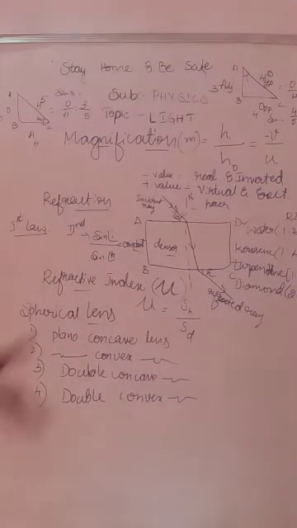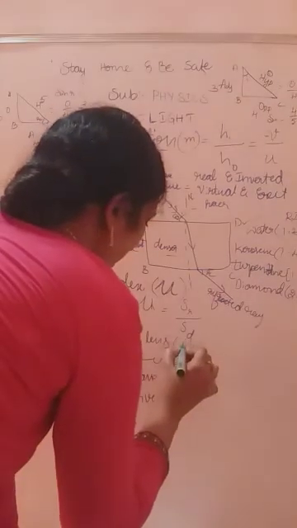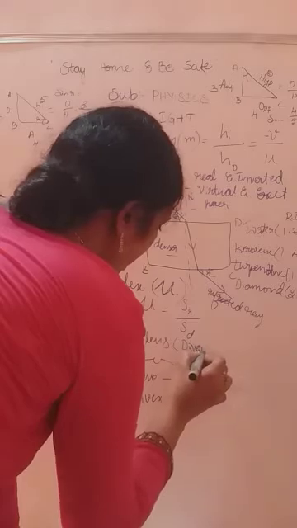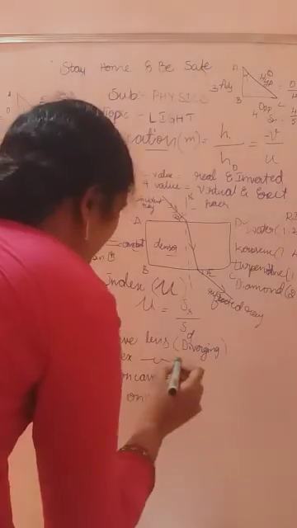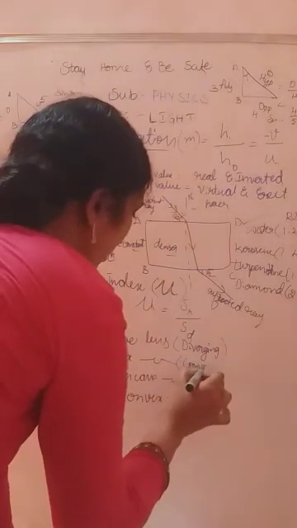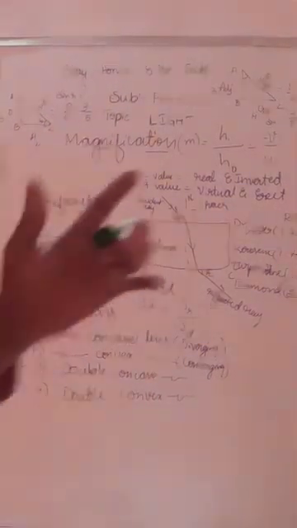I already told you the concave lens, plano-concave lens, is also known as the diverging lens. Keep in mind, it is also known as diverging. Why I told you? Because the light rays are diverged, and the convex lens is called converging, because the light rays are converged, in the sense joined at a point.